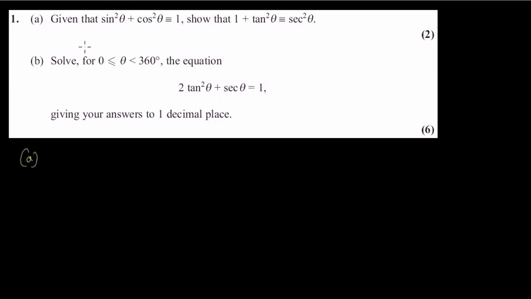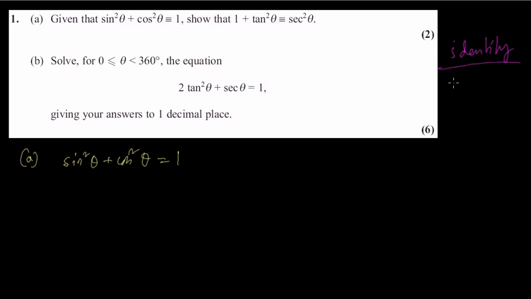So A, given that sine squared theta plus cos squared theta is identical to 1. Using this, we have to express this identity: 1 plus tan squared theta is identical to sec squared theta. For doing this sum, we need two pieces of information. The first information is